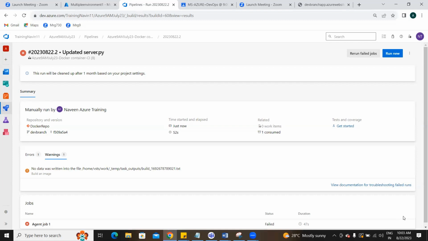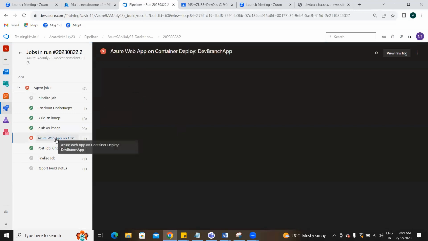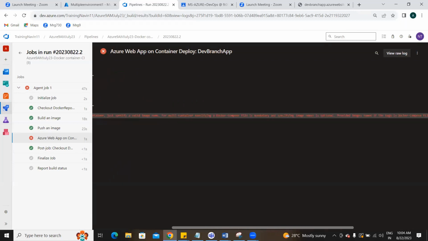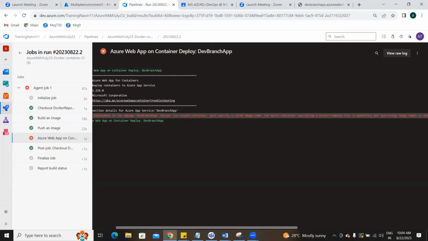Now at the time of running, it should ask me whether you want to go with the first one or the second one. Based on the condition, it will go. Hold on, we'll come to know that. Okay, so it failed. Let's see where it is failing. What part is failing? Azure web container. What is that here? What is that error message? Can you please read that message? Deployment of web app failed. What is the reason?